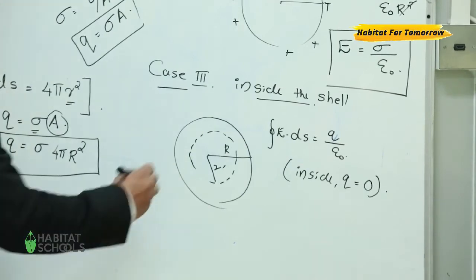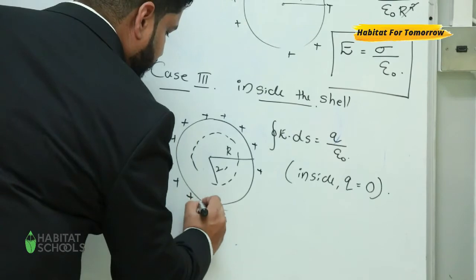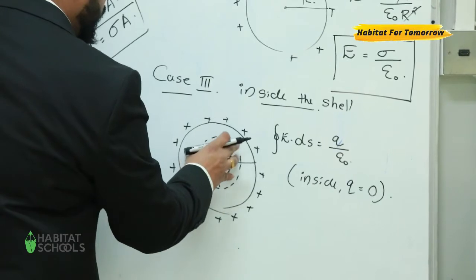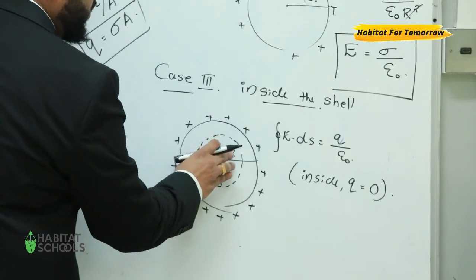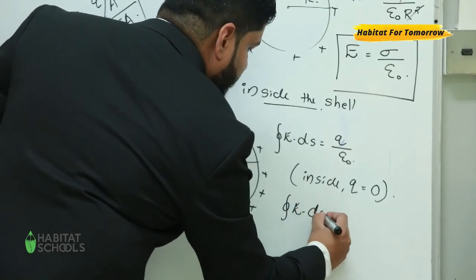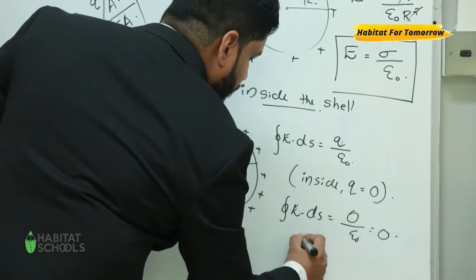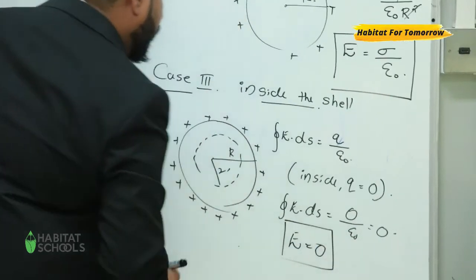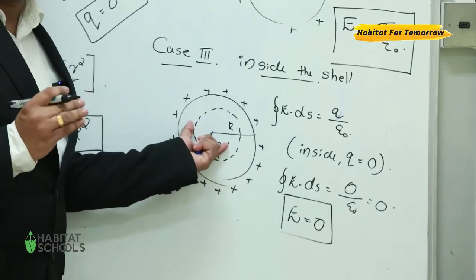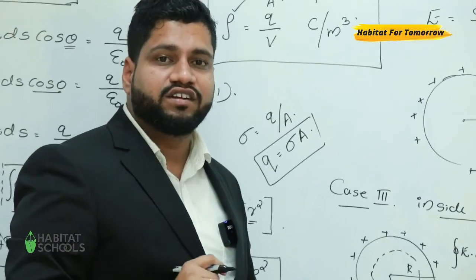Okay, here this is one sphere, here positive charge is there. So if positive charge is distributed on the surface, then inside there is no charge. Inside there is no charge means electric field is also equal to 0. That is closed integral E dot ds is equal to 0. 0 by epsilon 0 is equal to 0. Therefore, electric field is equal to 0. So actually the electric field vanishes inside a sphere. That is also known as electrostatic shielding. That is a very important topic, electrostatic shielding.